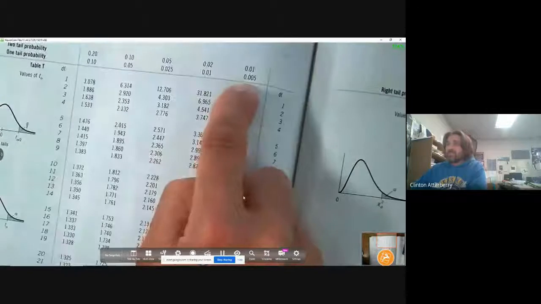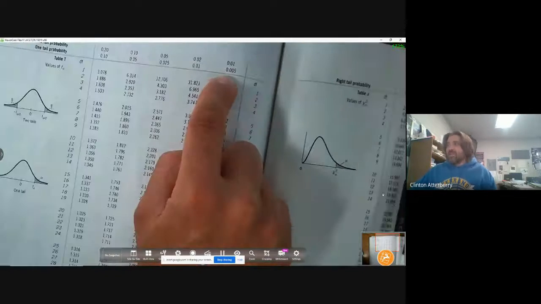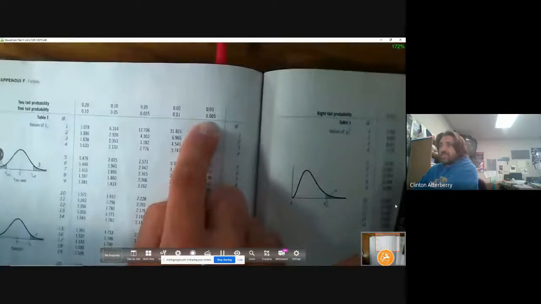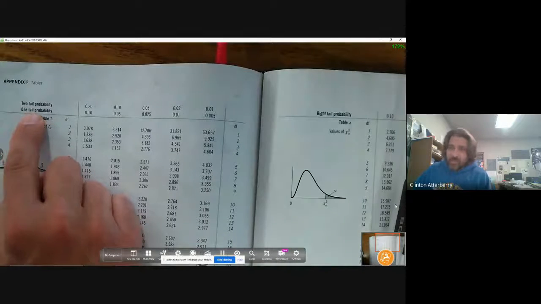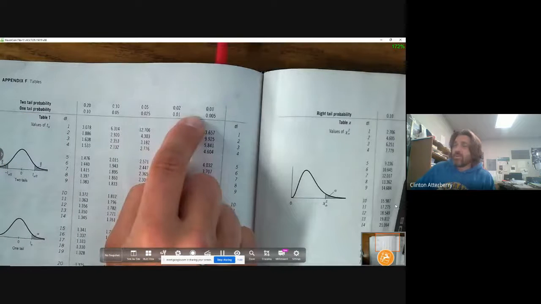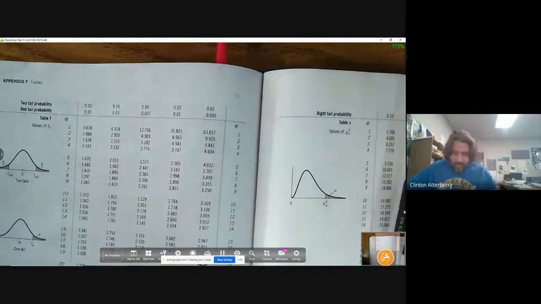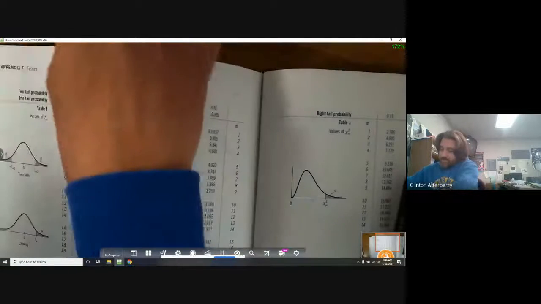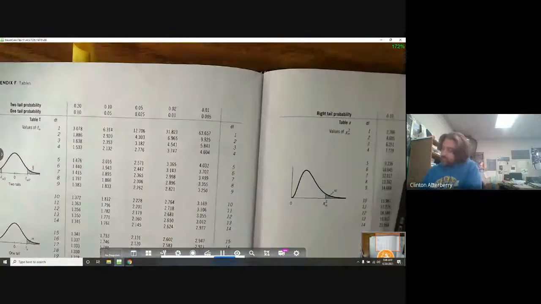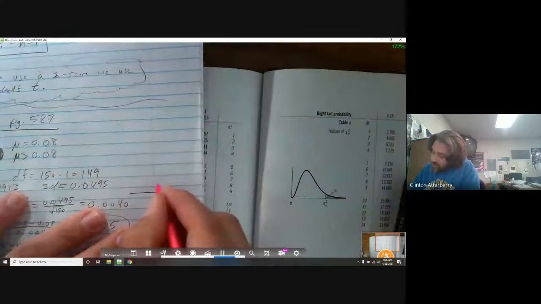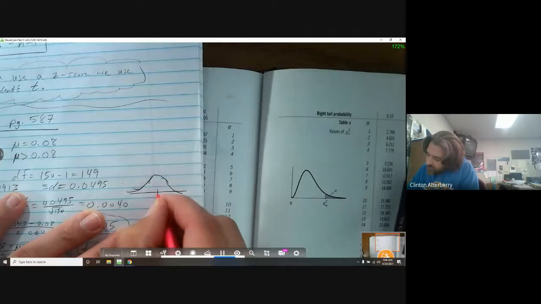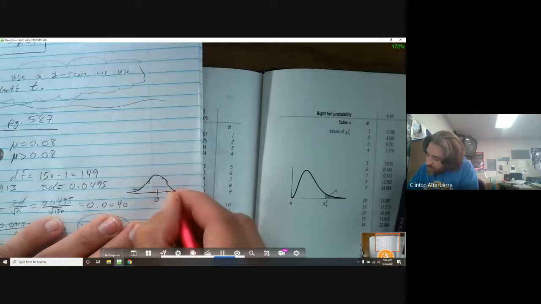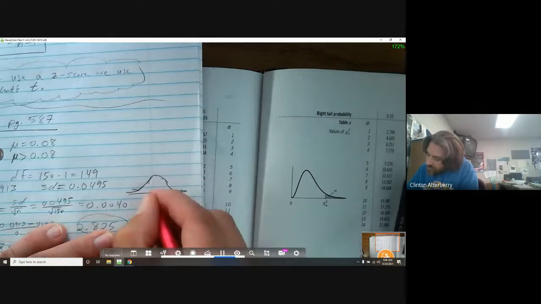You see how I have those numbers up there, 0.01 and 0.005. So that is for one tail probability or, sorry, two tail probability or one tail probability. Okay, so this is a greater than problem. If I was to draw this out, if that's like 0, 1, 2, 3,